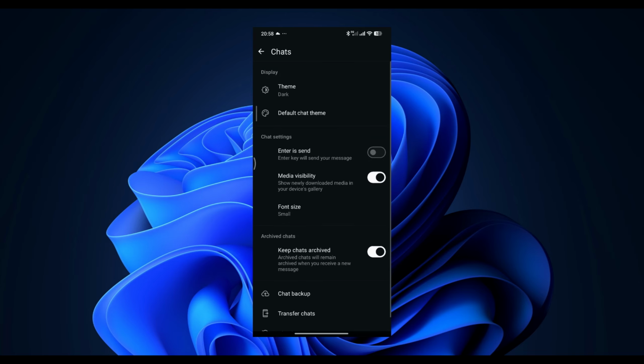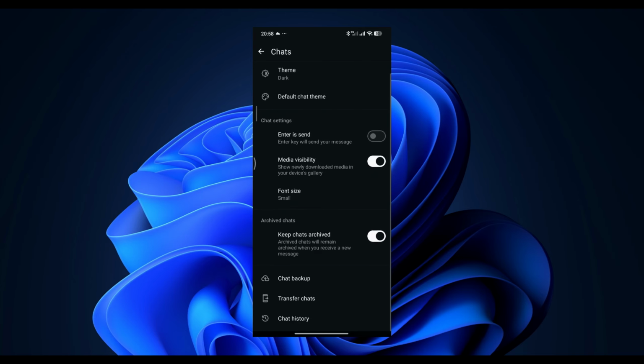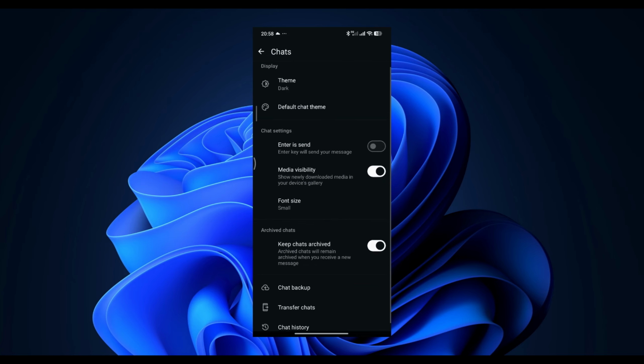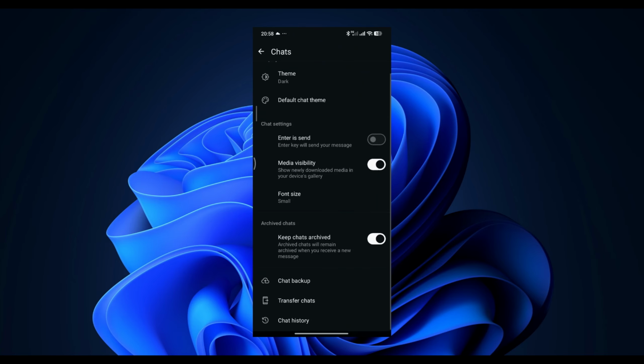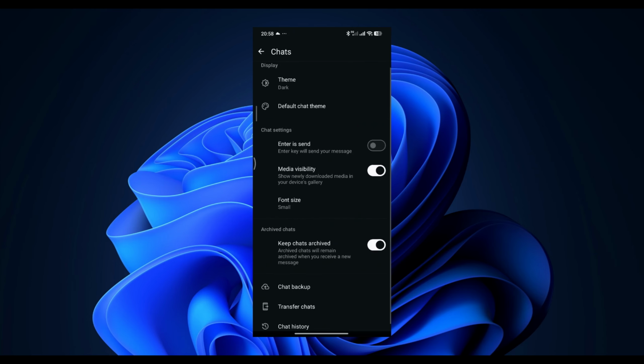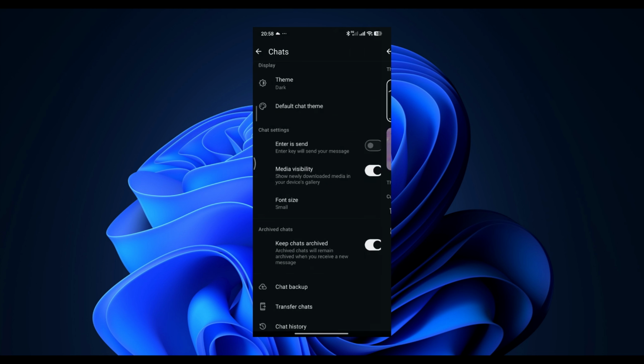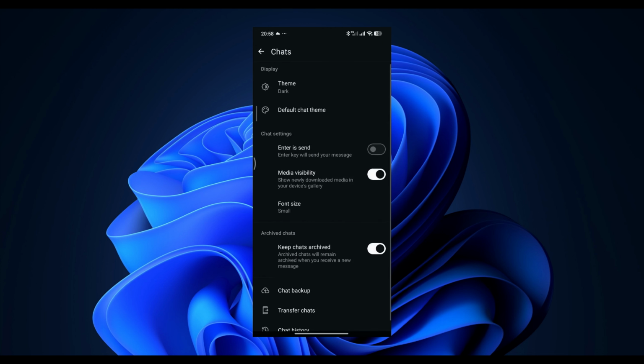Meta AI usually appears as a chat or a circle icon at the top of your conversations list, ready to be used. Next, understand that you can't fully delete Meta AI from WhatsApp since it's built into the app. However, you can hide the chat, archive it, or stop interacting with it so it never appears in your main